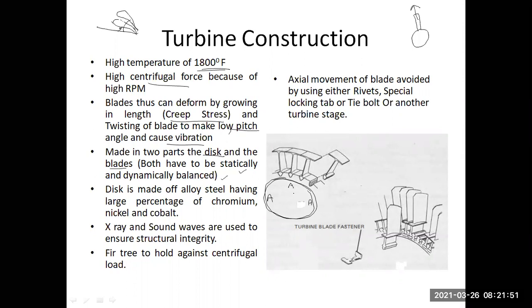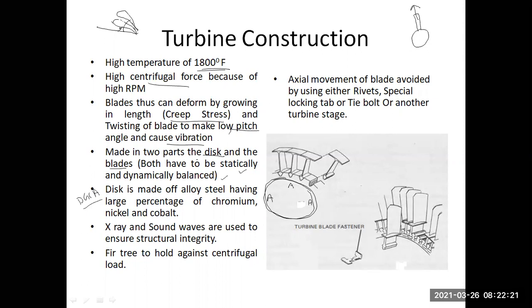So for making a disc, we use an alloy steel. And in the alloy steel, we add chromium, nickel, and cobalt in higher quantity. This is a DGCA question very often asked. Okay, disk is made up of an alloy steel, and these are the mixture that are available. But बेटा डिस्क बनाने के बाद इसको ऐसे छोड़ना नहीं है, हाँ ले लो भाई जाके एरोप्लेन पे लगा दो. What you have to do is, since it is related to the safety of the aeroplane and the passengers who are going to fly in the aircraft, you have to test each and every turbine disk.